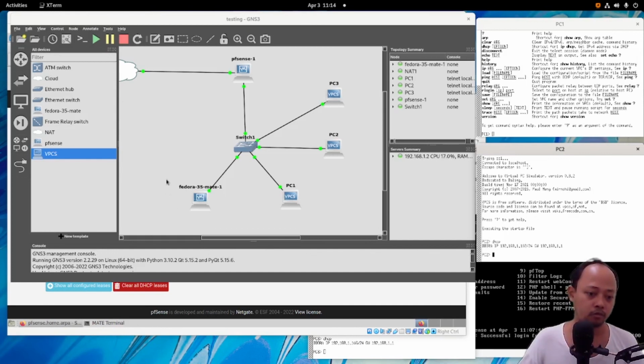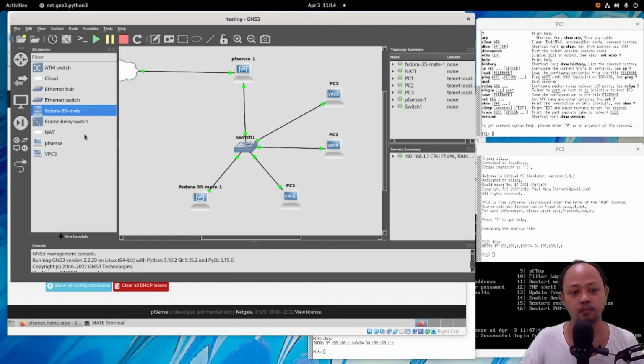If you have a good computer, maybe you can just add more templates like this Fedora Mate. For me, it's not necessary if we only need the template to check the DHCP IP address or just to ping each other. For me, VPCS is good for those things.